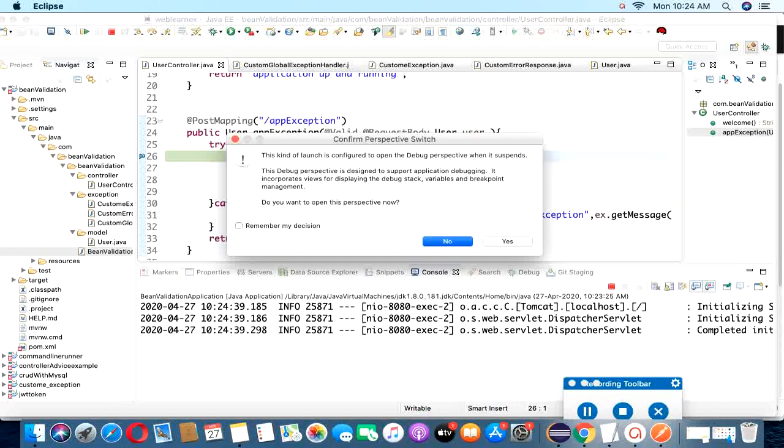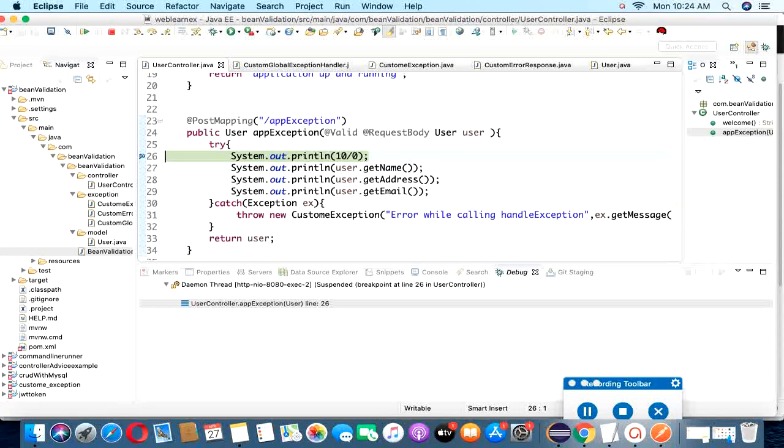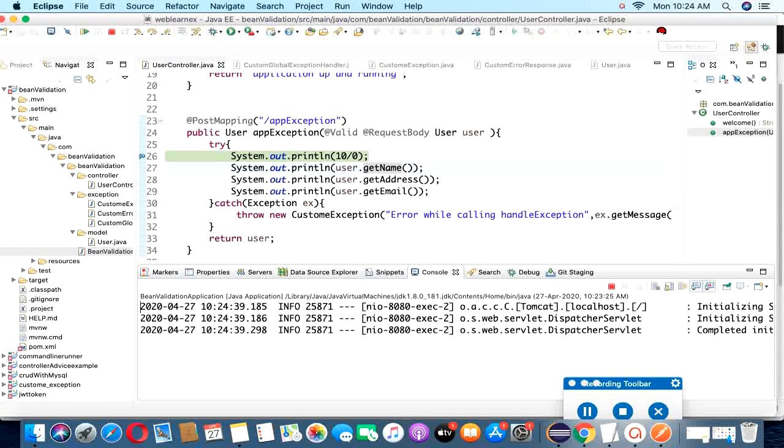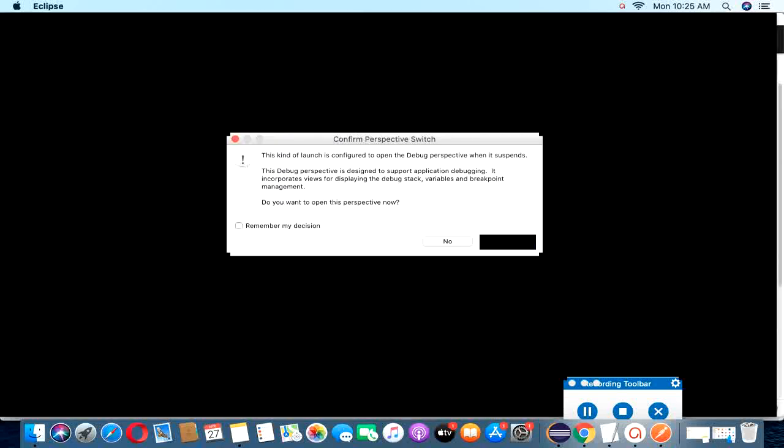Now you can observe here, the request is coming into my error code location. So you can observe here it got some exception, so it will send the request to my custom exception page.